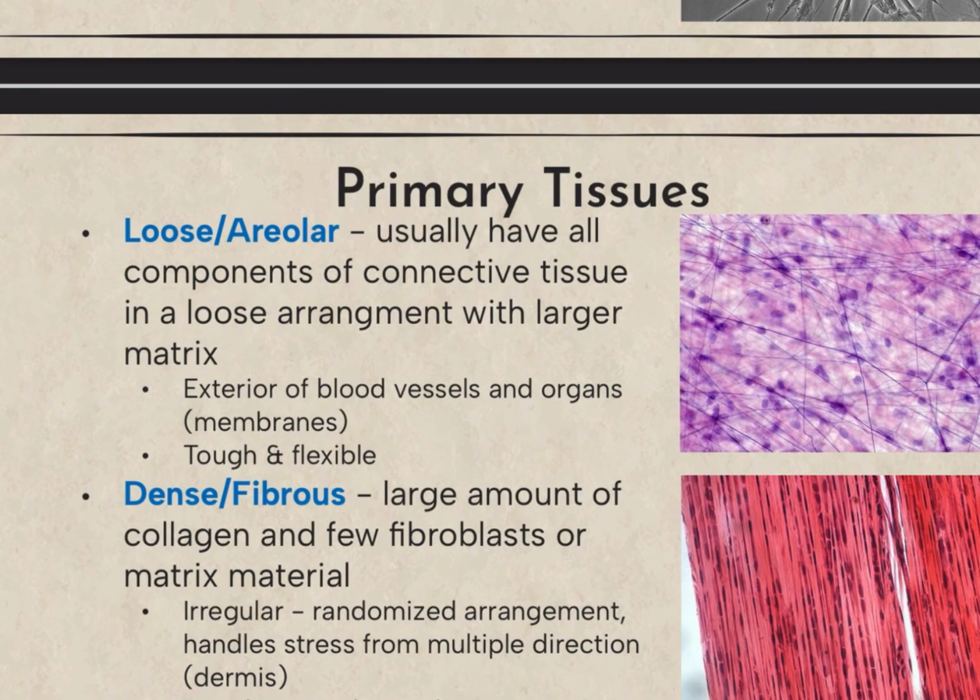Next is our dense or fibrous. Again, they are used synonymously and interchangeably. They have large amounts of collagen and few fibroblasts or matrix material. They're irregular, or they can be regular. The irregular has a randomized arrangement, and it handles stress from multiple different directions. This is our dermis. And the regular makes up our tendons and ligaments,